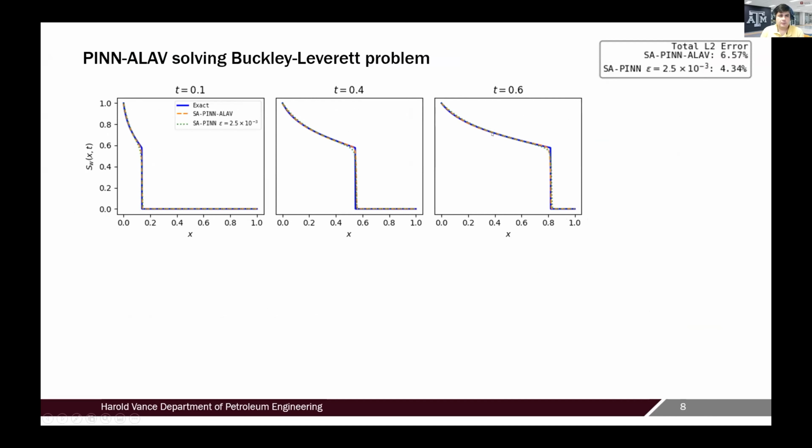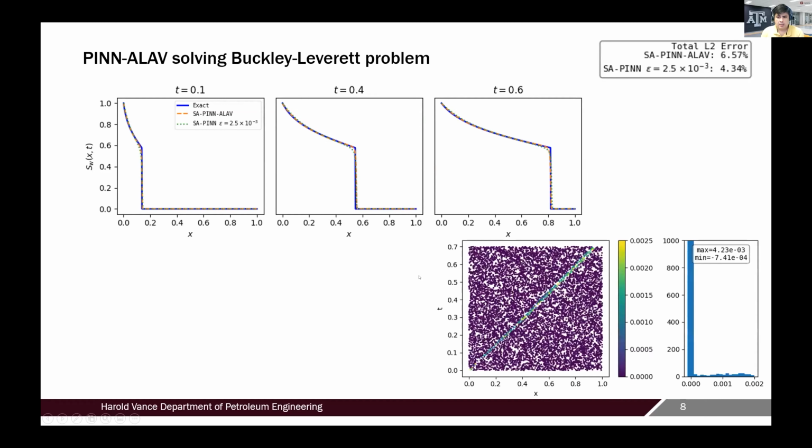And as you can see, we can get very good results with our PIN ALAV. Here is this orange curve. When we compare this with the PIN traditional with a fixed artificial viscosity, we are still working on this to make the error better and to have more consistent results. But the more interesting thing is if you take a look at the map of our artificial viscosity, you can